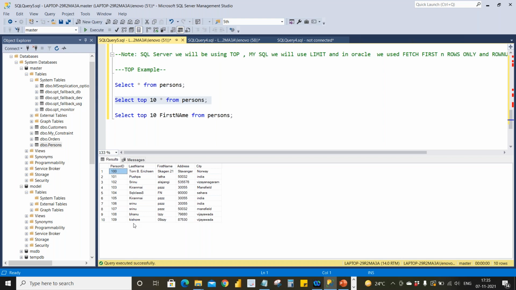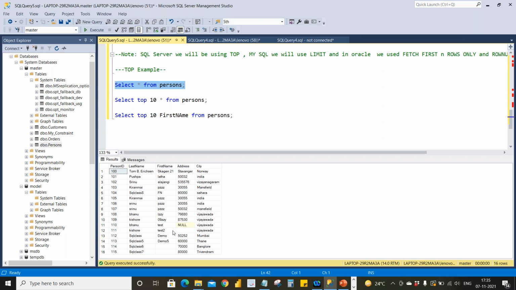So it was retrieving the top oldest data. I can see I have created person ID 100 first and person ID 115 last. But I want to get the top 10 rows which are created new.